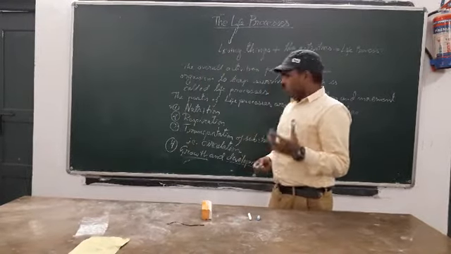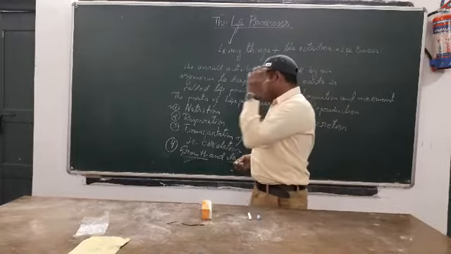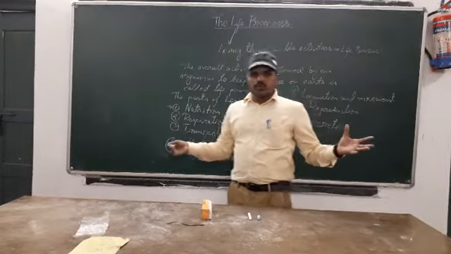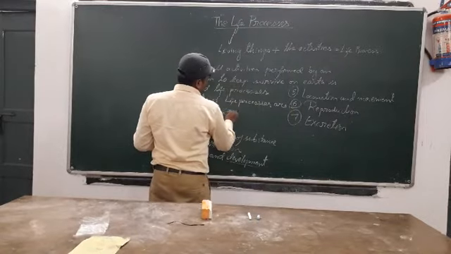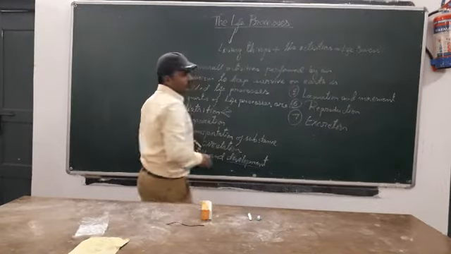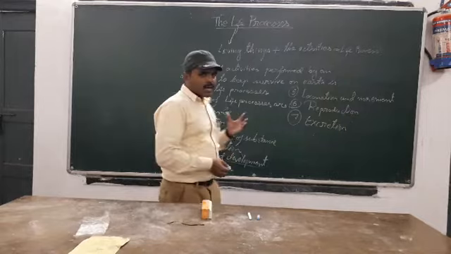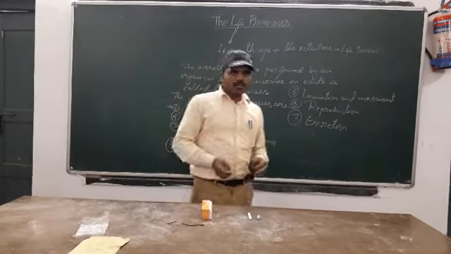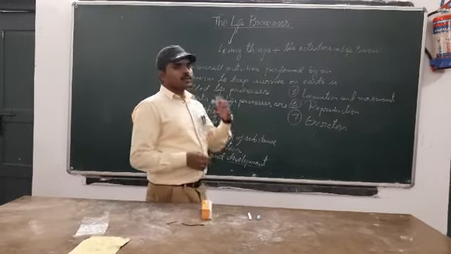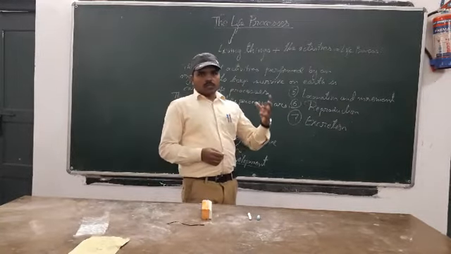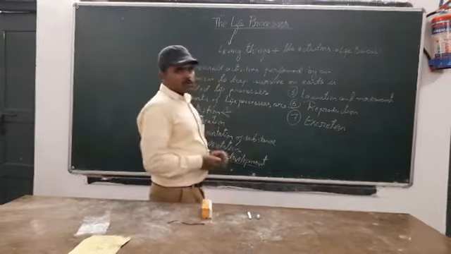And these are the points which are under the heading life processes. Overall, after this, we can also classify each and every point into different headings. For example, in case of nutrition, we can divide the mode of nutrition, type of nutrition, and the steps under nutrition in different organisms.